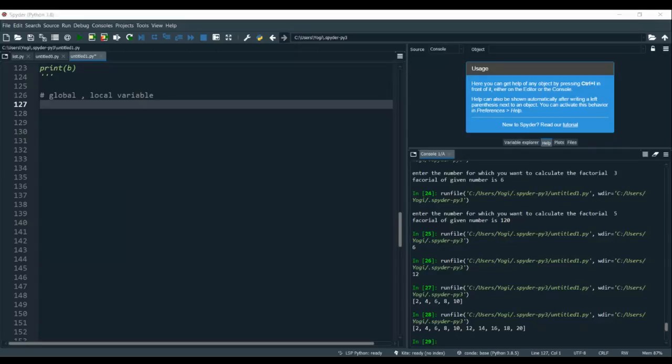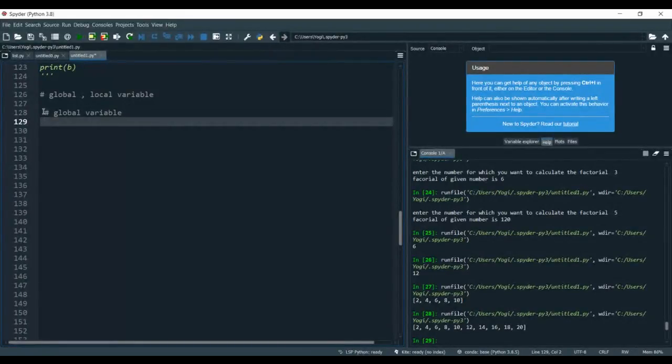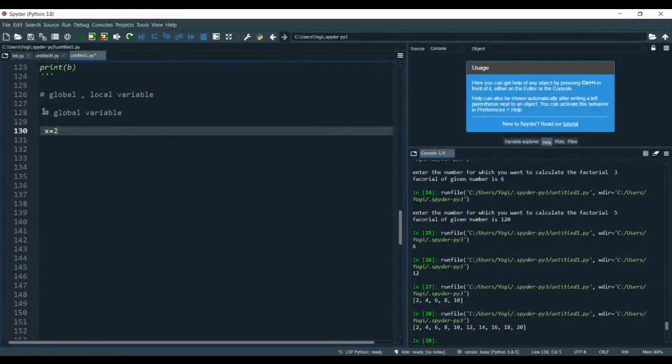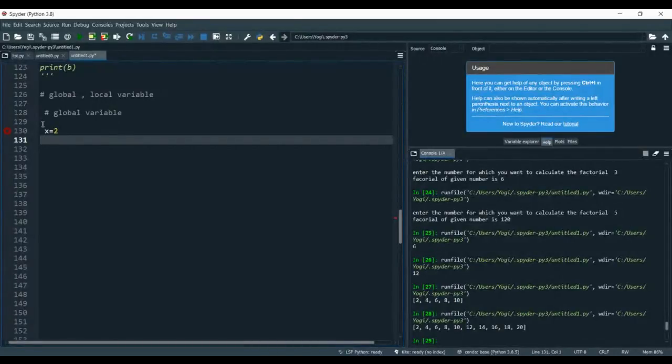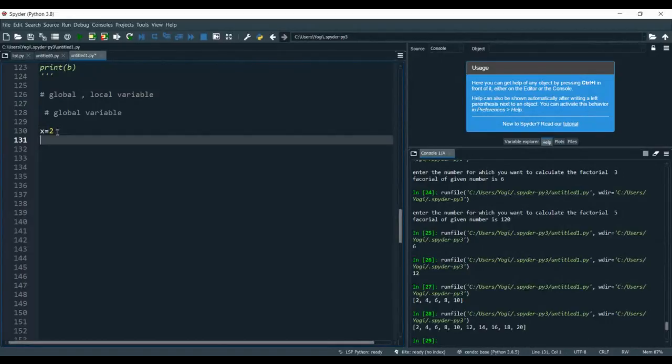First of all, I'll take the example of a global variable. Suppose I have taken x is equal to 2. Let me fix the indentation. Okay. Now I am defining function funct1.